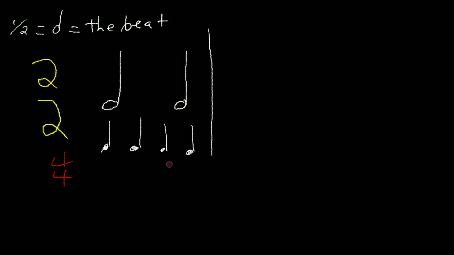Well, each quarter note would get one of those beats, and we would have 4 of them. So let's write that down. So we would have 1, 2, 3, 4, like that. And that would correspond to, let me move that half note so